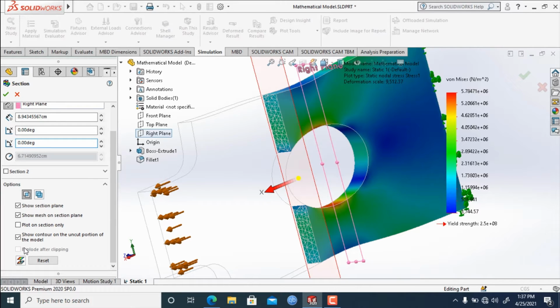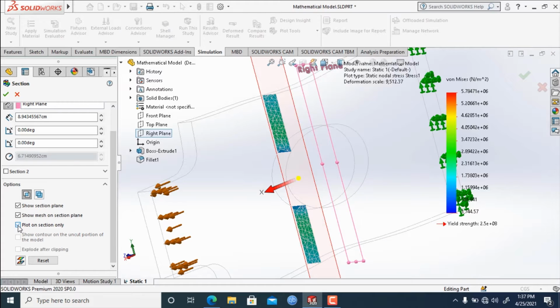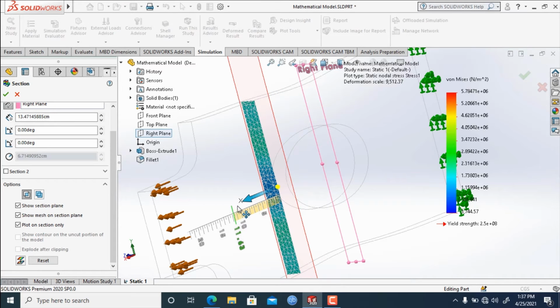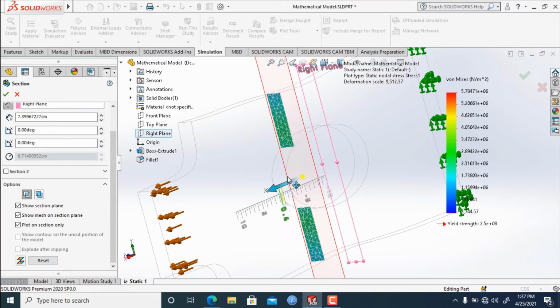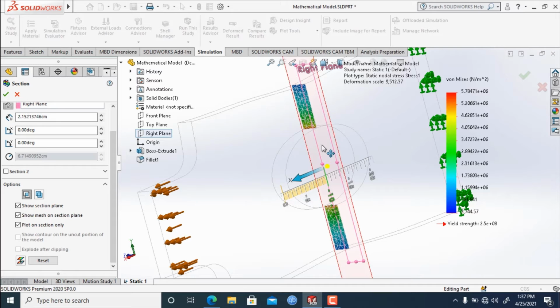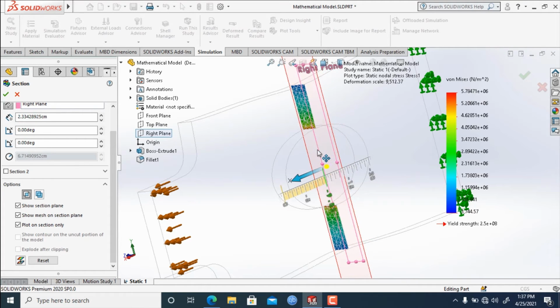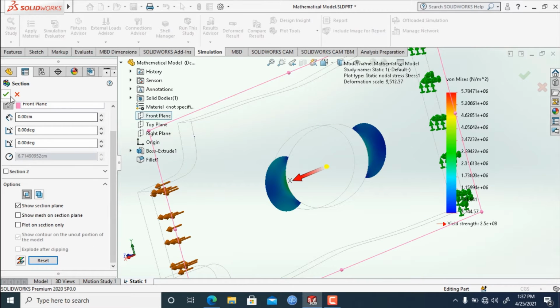Then the next option is plot on section only. If we click it, then only the section will be shown. So this is all about sectional plot. If you want to show the result on a certain section of your model, this is how you can show it. So we will reset that and we will cross this right here.